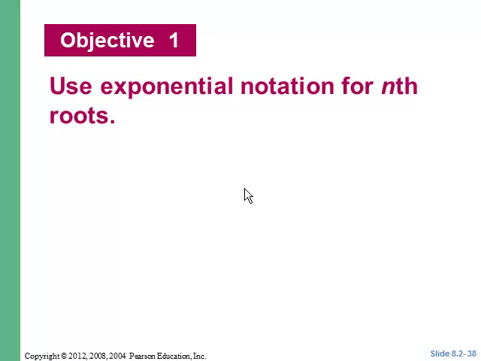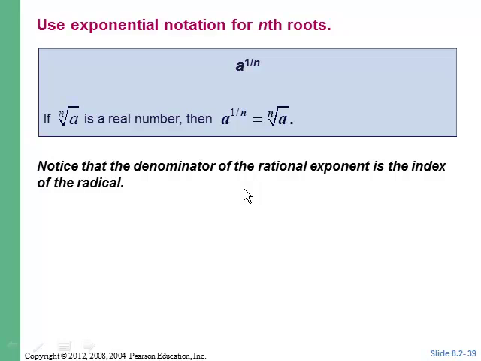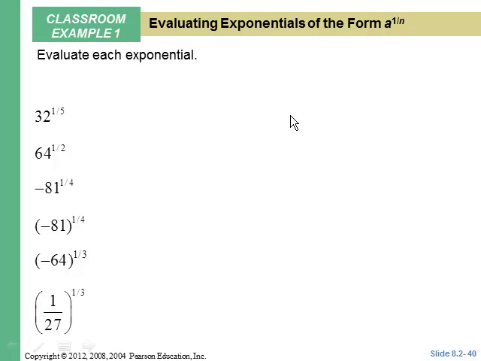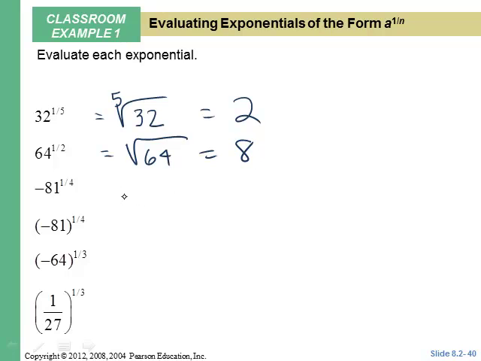How do you use exponential notation for the nth roots? Well, basically, the exponent can be interpreted as 1 over n. So for this first one, this is the same as the fifth root of 32, which would be 2. This is the same as the square root of 64, which is 8. This is the same as the fourth root